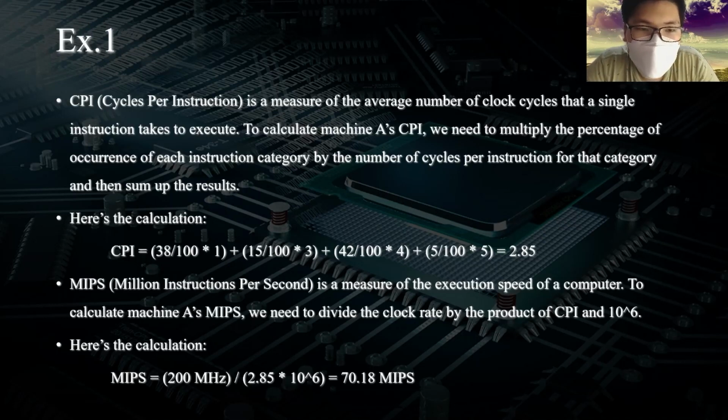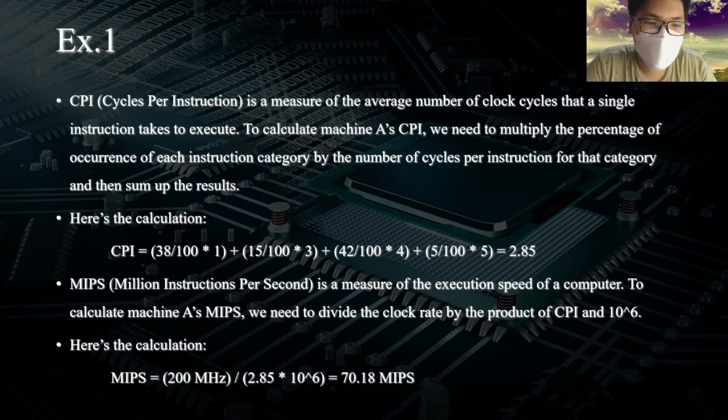CPI equals 38 divided by 100 multiplied by 1, plus 15 divided by 100 multiplied by 3, plus 42 divided by 100 multiplied by 4, plus 5 divided by 100 multiplied by 5, equal to